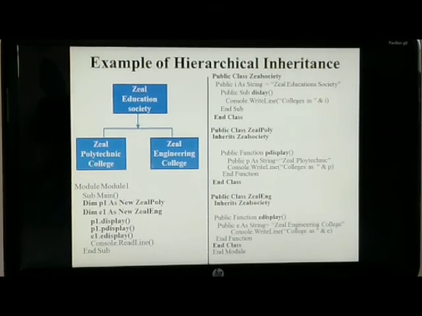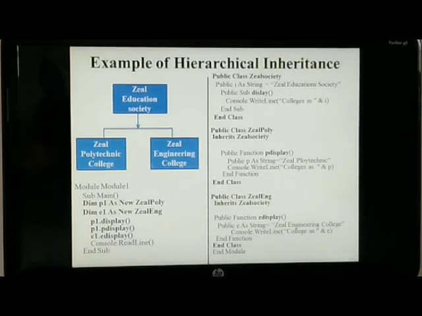Here we need to create two objects, one for Zeal Polytechnic and second for Zeal Engineering. To access all the methods which are displayed in both the classes, two different objects are created as P1 for Zeal Polytechnic and E1 for Zeal Engineering.